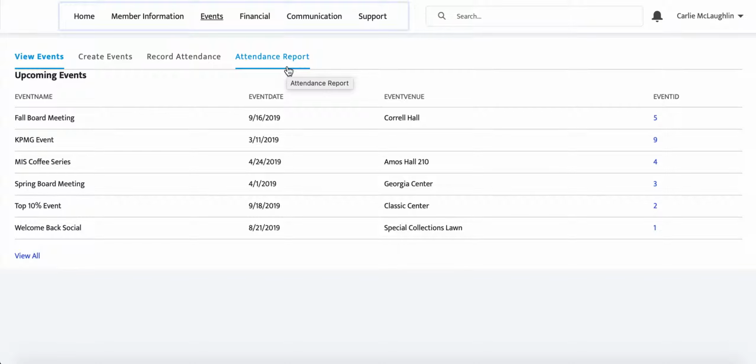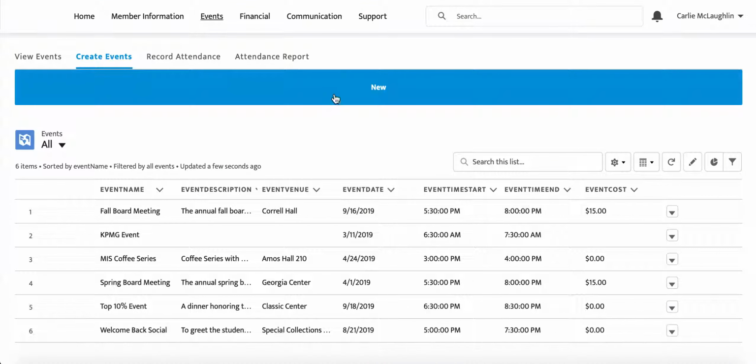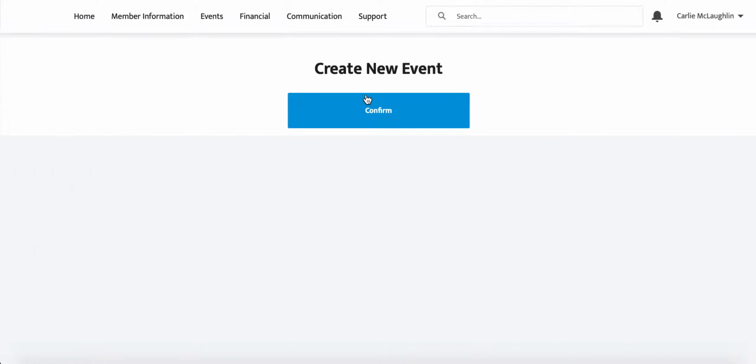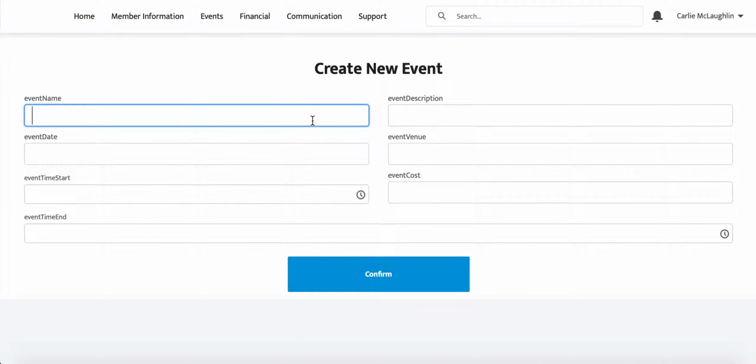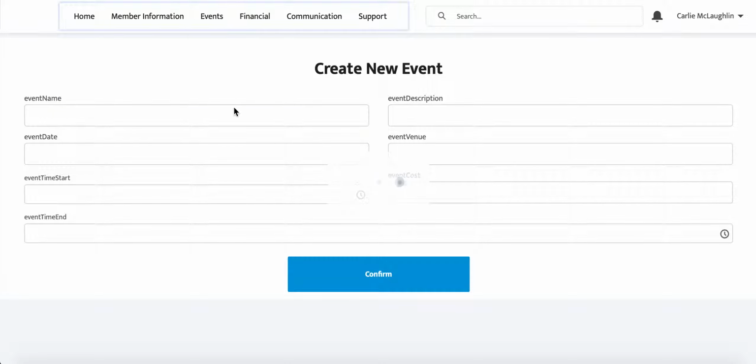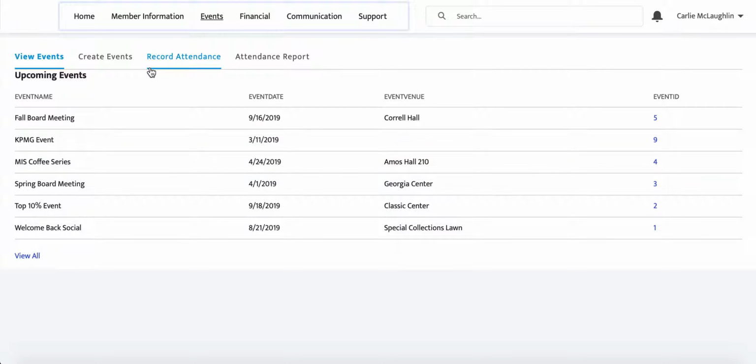The user is able to create an event by going to the Create Event tab and clicking New, and they can fill out the information and press confirm when they're done, and it will show up on the list of events. The second user story required the user to be able to delete events when necessary,